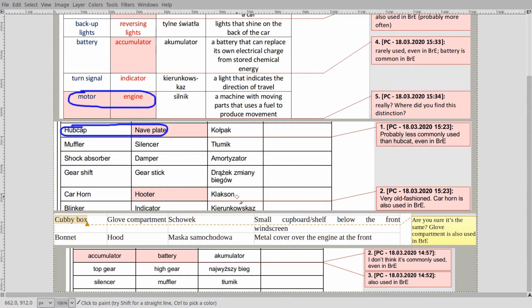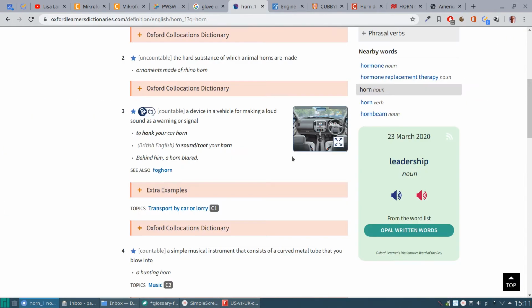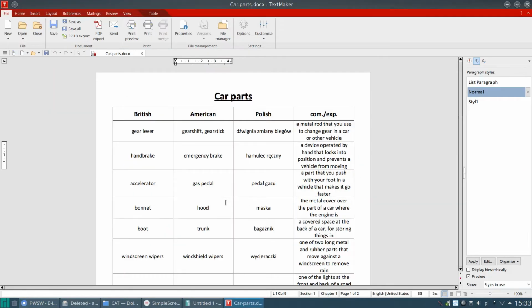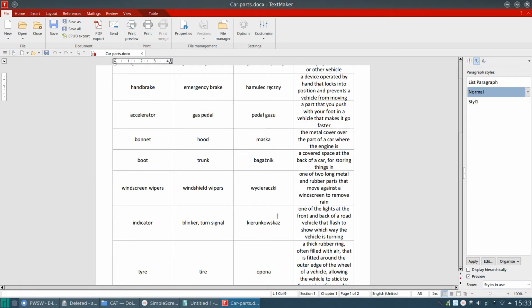So this is not a real distinction between British and American English. So you have to be really careful and just check things. That's all I can say. Just use a dictionary. So I've got a glossary here inside of the docx document, and